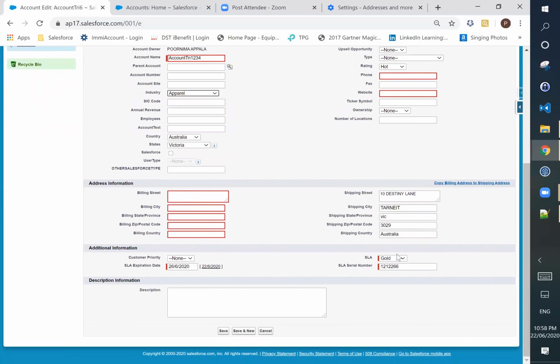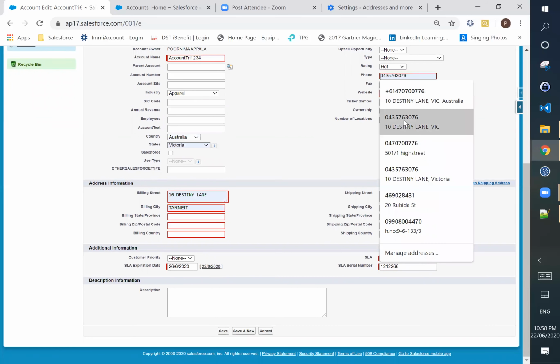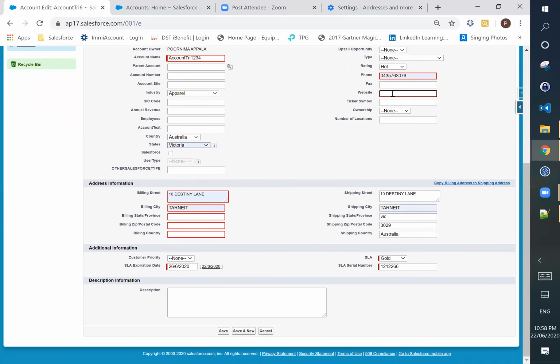Phone number, yeah, phone number also you need to give. Website also. ABC@. Okay, it's fine. We'll recognize.